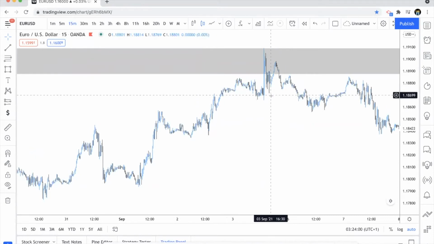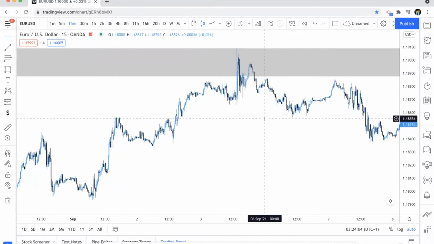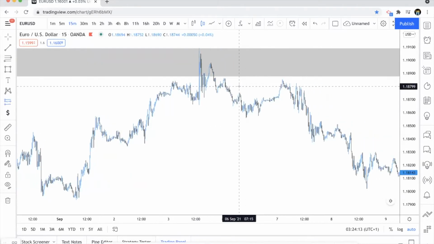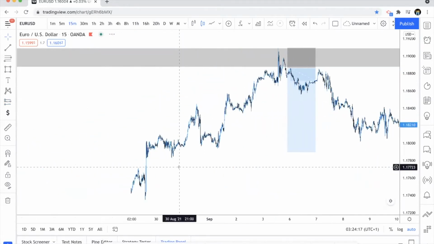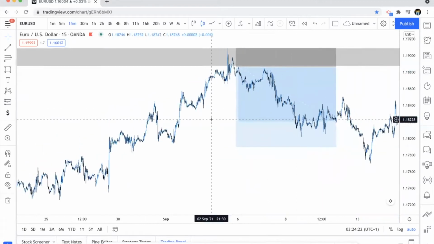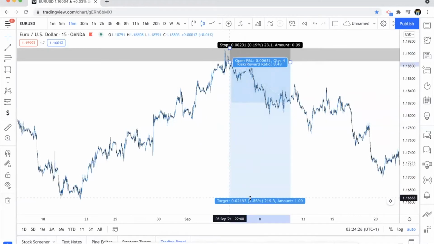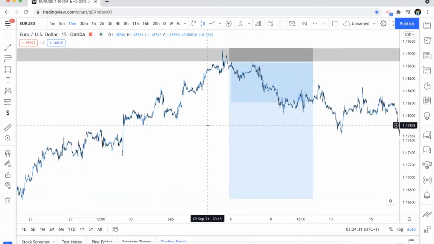some of you may scale down, some of you may not, but in my theory, it's always good to scale down to the lowest of the lowest time frames, because that's where you're going to be minimizing your risk. So a lot of what we're going to be talking about is really just minimizing risk, how to minimize risk and then reap the rewards and gain a huge reward in the market, right? So whenever we get to the lower time frame like this, let's say the 15-minute time frame,